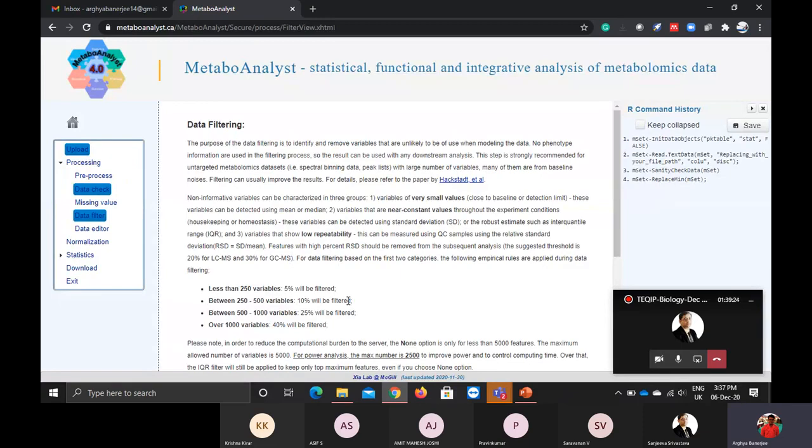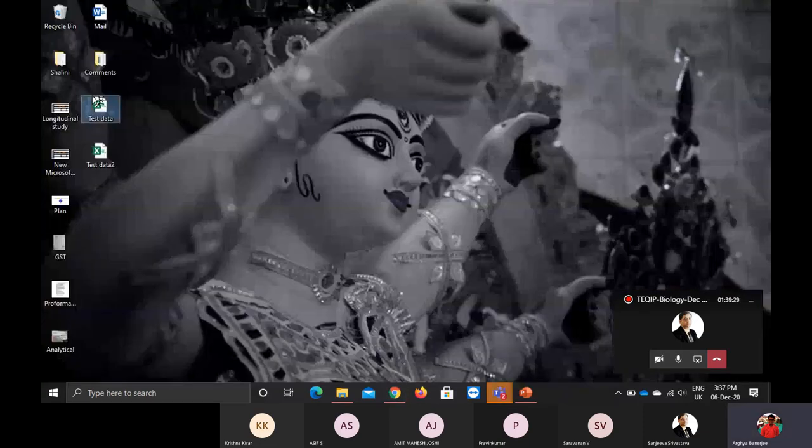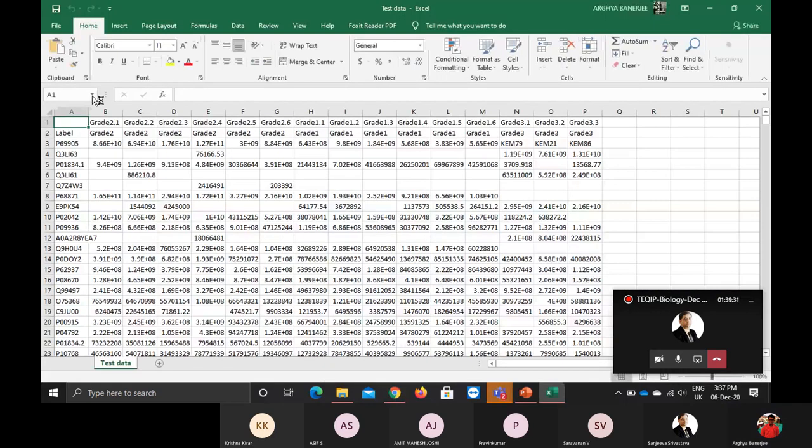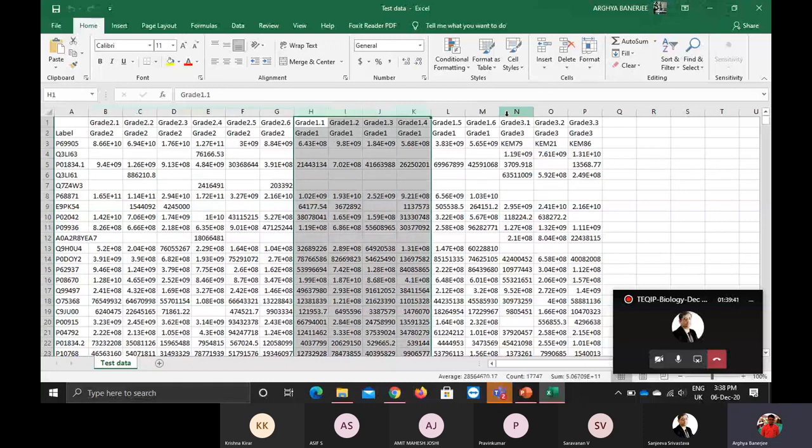Now if I could show the Excel. So this is the Excel which I have given you. It is visible on the screen, correct? I have three grades of individuals: one is grade 2, one is grade 1, and one is grade 3. Whatever we see in mass spectrometry, mass spectrometry plus NMR, there can be missing values in the cohort, because a protein is not identified in an individual.